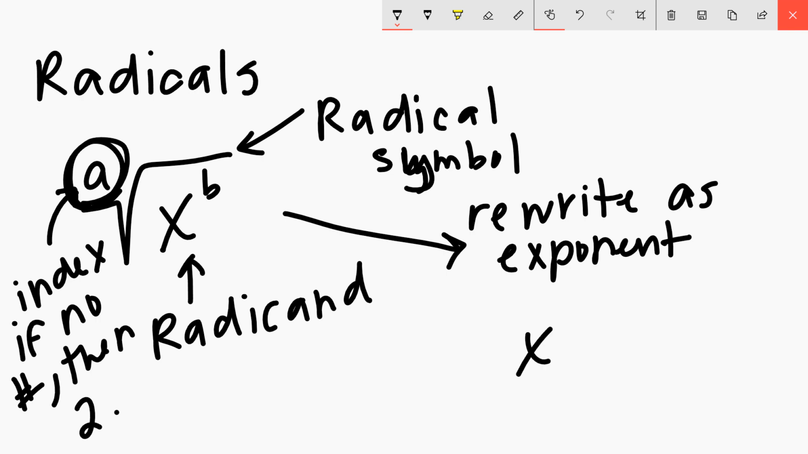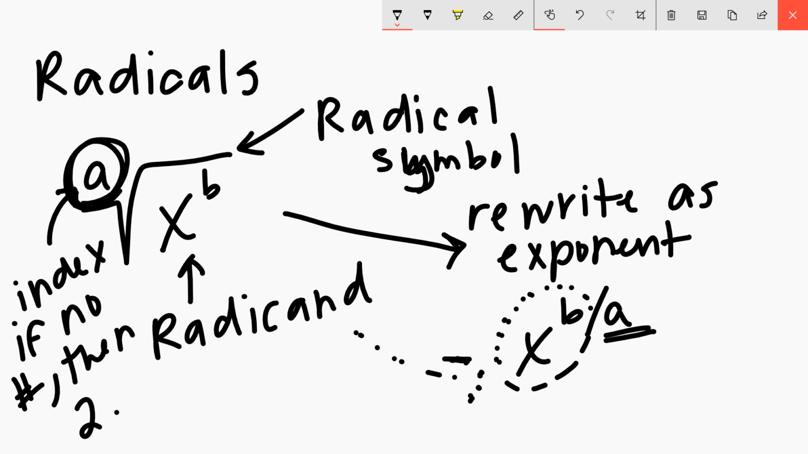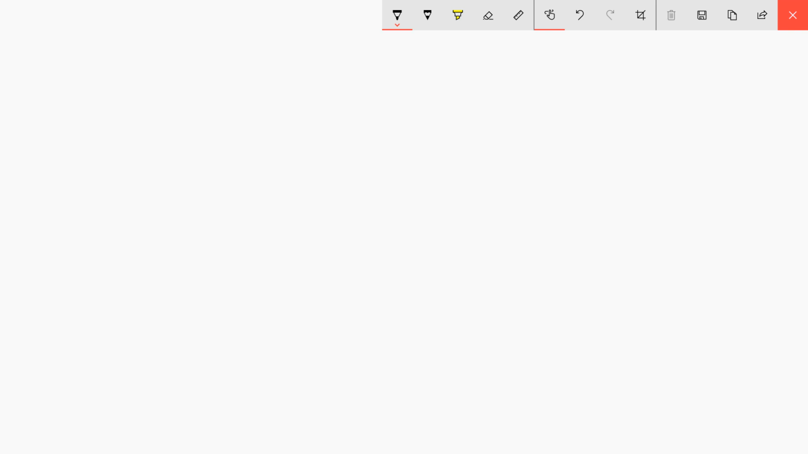Being x to the b over a. Notice how here's my radicand, x to the b. And this denominator of my exponent came from my index here. Pretty cool, right? So let's see a quick example, because that was one of the last things that we left